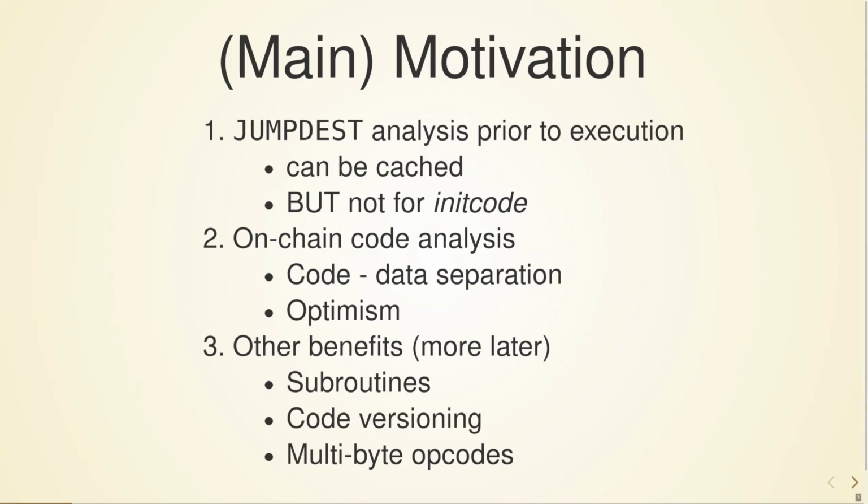And actually that entire discussion really centered around the effect on the JUMPDEST analysis. So basically the subroutines proposal's Achilles heel was the JUMPDEST analysis impact. So that was one of the reasons we started to look into this. And the second reason